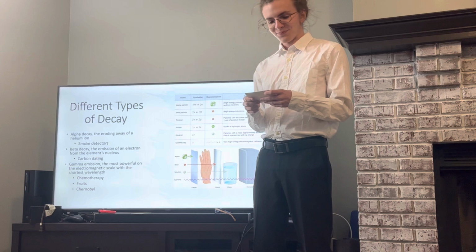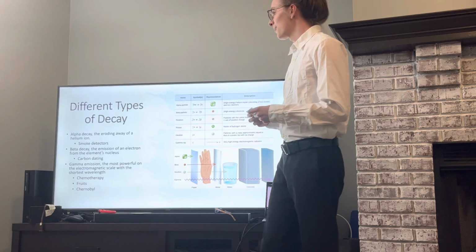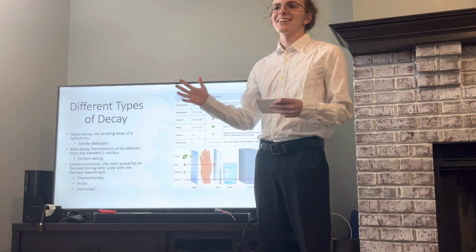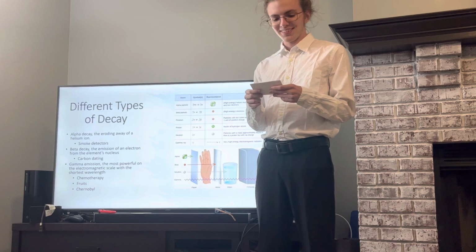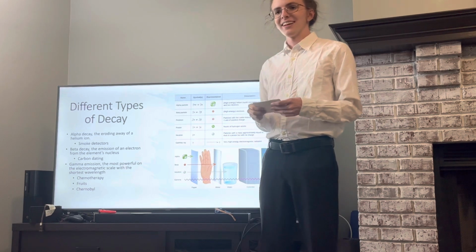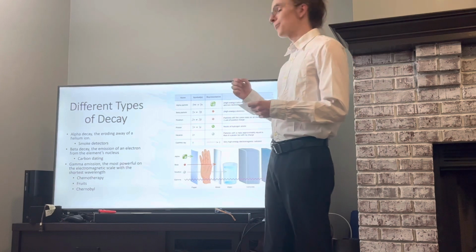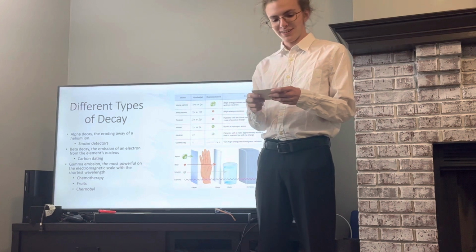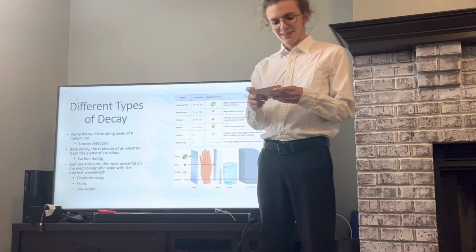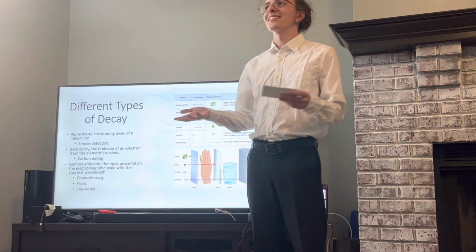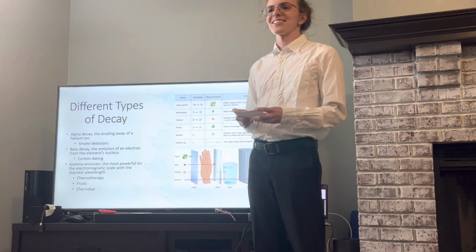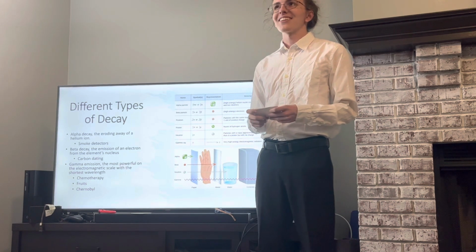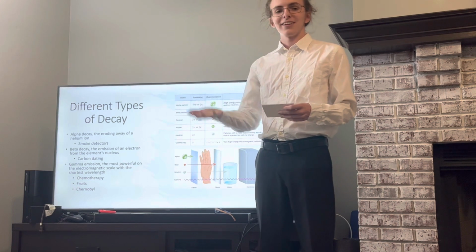gamma emission. Alpha decay is the eroding away of a helium ion, and the helium ion is the same as a helium atom, except it's stripped of electrons. Alpha decay occurs in the heavier molecules with more neutrons and protons further down on the scale. And where you can find alpha decay is up above you in your smoke detectors. Smoke detectors use alpha particles to ionize the air inside of it and carry a current through that air.